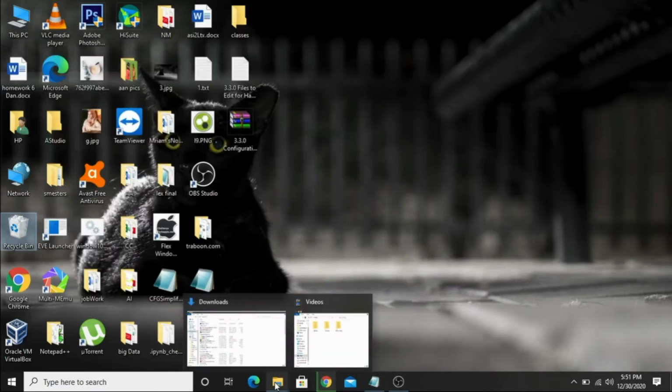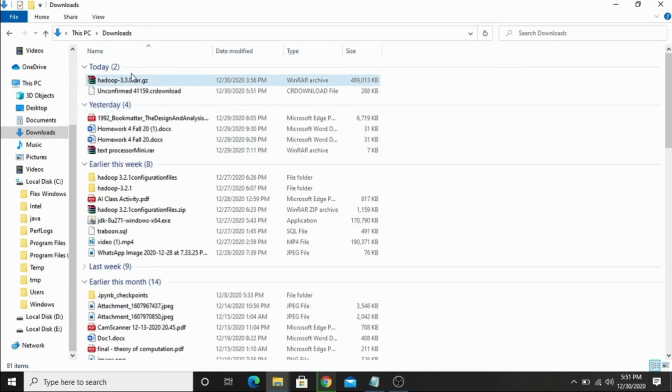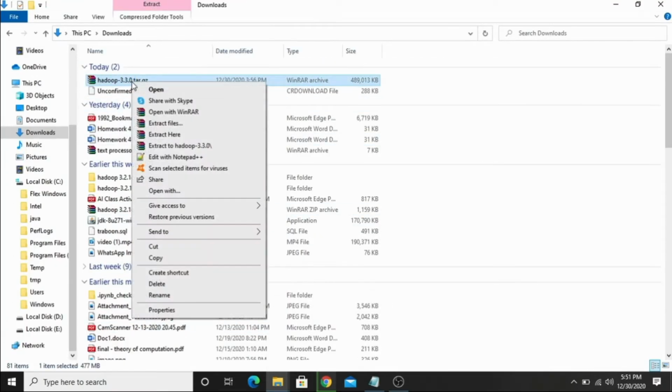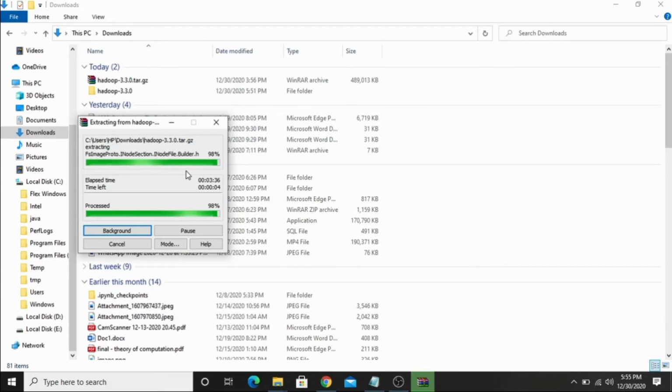Now let's install Hadoop. My Hadoop downloaded successfully, as you can see. Now we need to extract this file. So here is my extracted file.